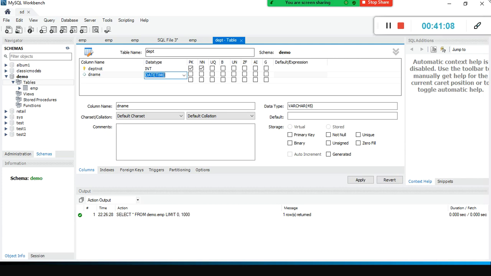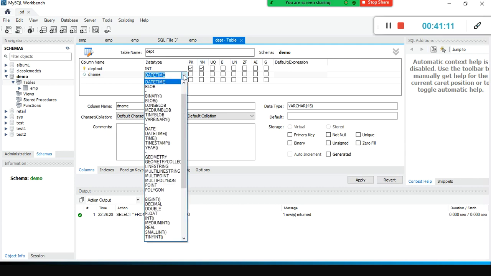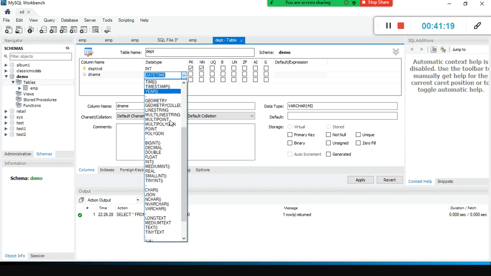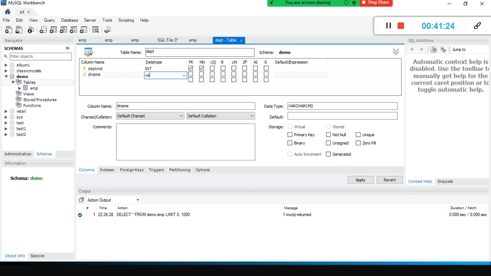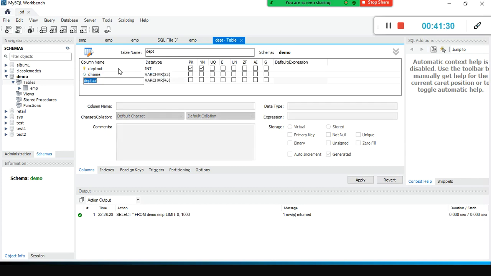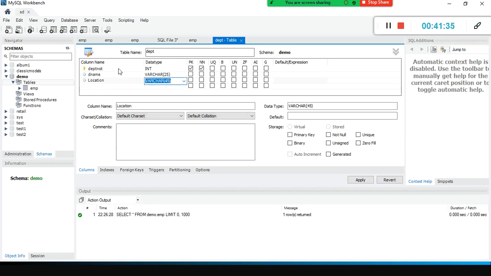Use the down arrow here, or when you click this drop down list, you can find, since department name is a character data type, use varchar. Varchar is one of the data types to store string kind of data. Instead of searching this, you just type varchar of 25. Department name cannot be more than 25 in general, right? So what you do is location. A company has different locations also, they have offices, right? So department number, sorry, here I did not specify the column name correctly. Depart number, depart name, location.